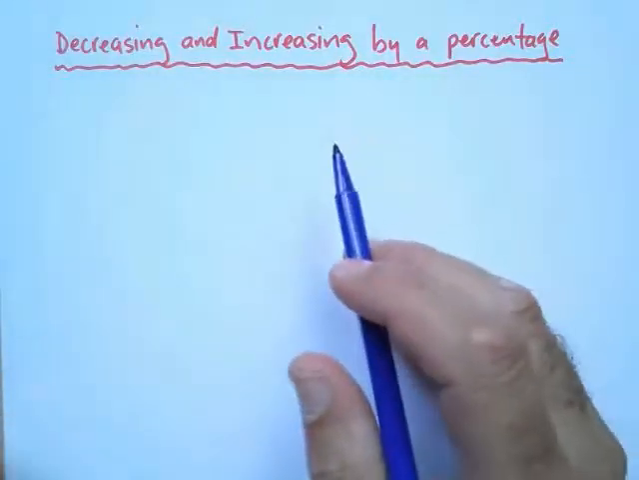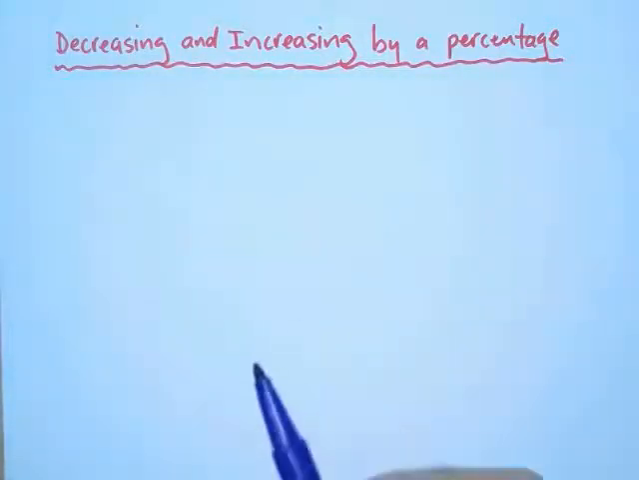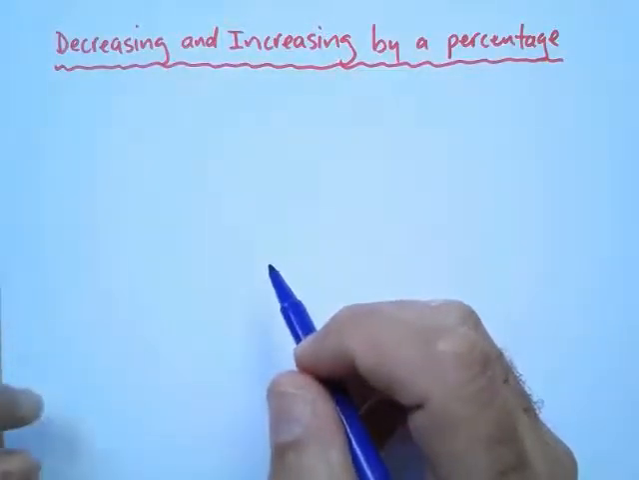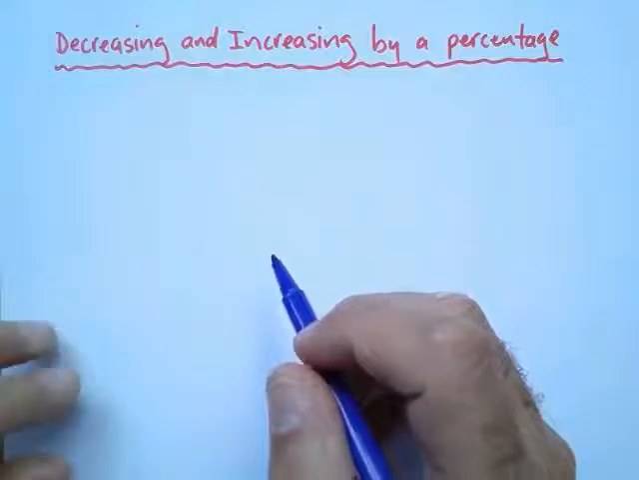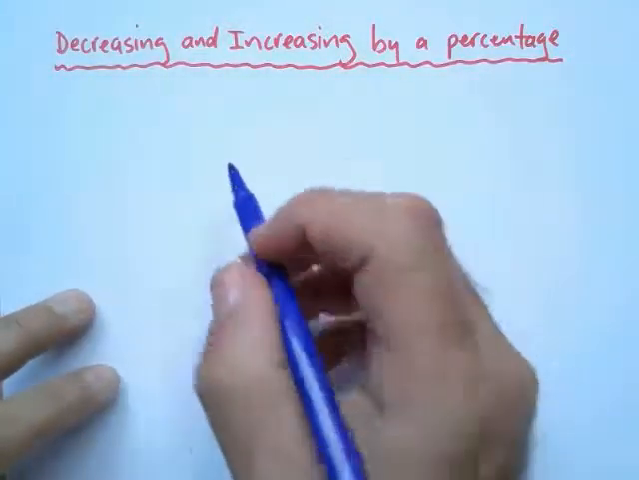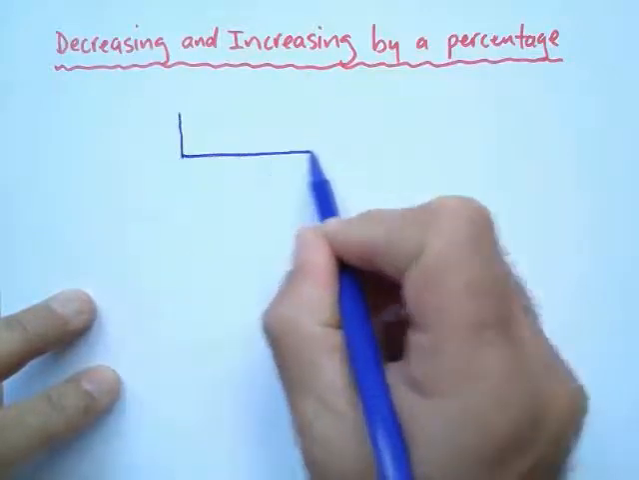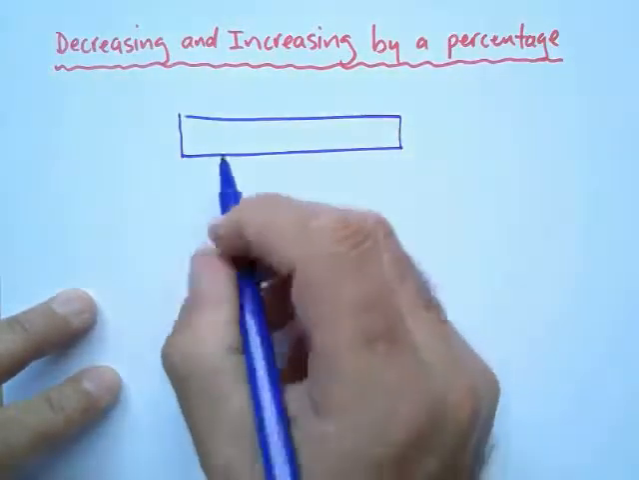Decreasing and increasing by a percentage. Now, I prefer to do this visually using the unitary method as far as possible. So please stick with me. What we're going to do, we're going to first look at decrease, which means if I have an original amount,